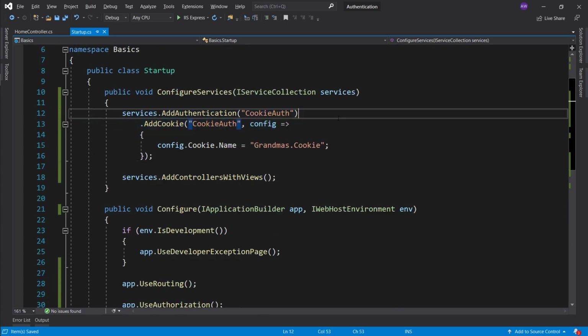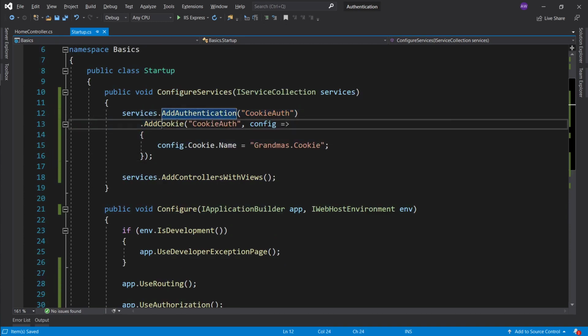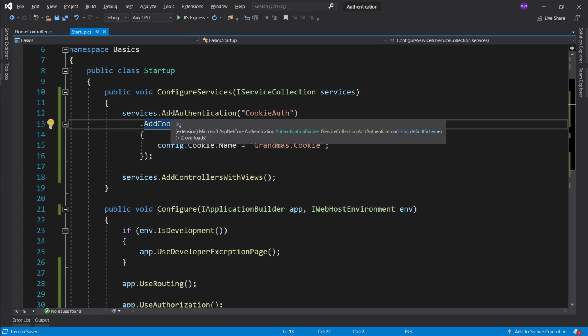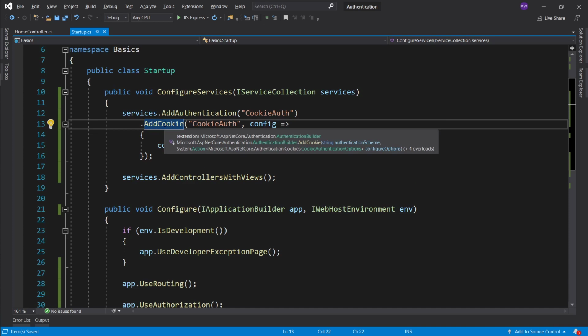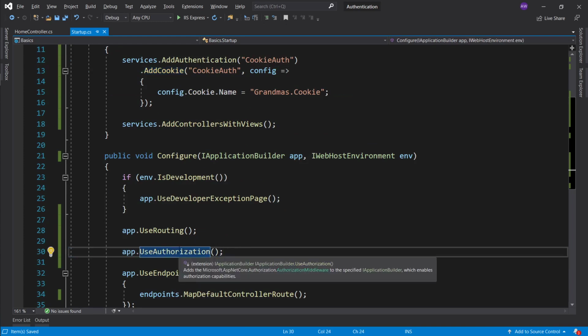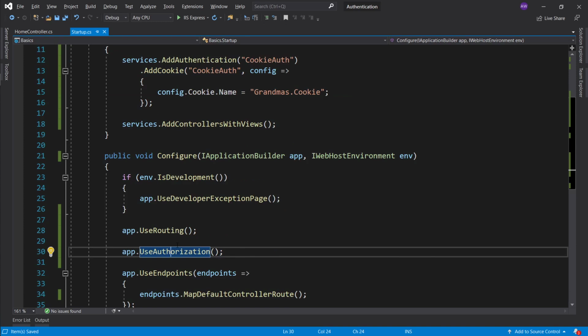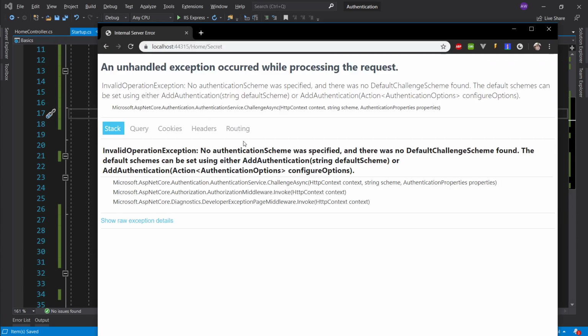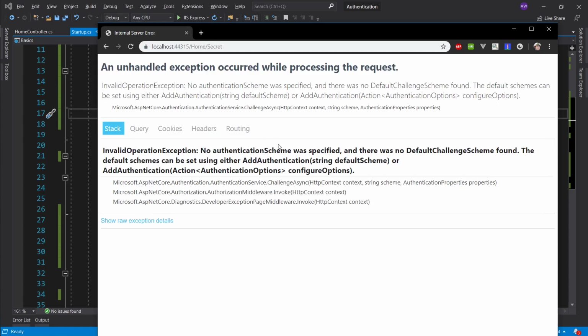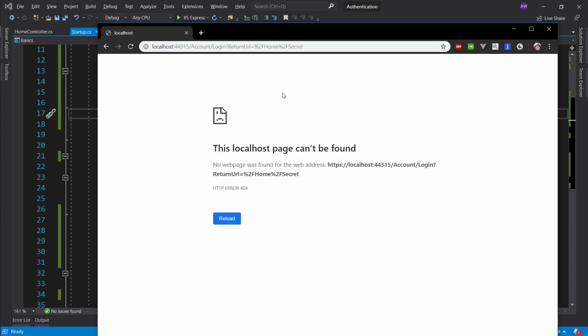So here what we're specifying is a cookie handler. So this is going to be producing an implementation of an authentication handler, and it's going to be a cookie handler. Okay, and that implementation is going to be injected into here, and now it will be able to check if you're authenticated or not. Okay, so let's see what we end up with. Let's refresh this. Okay, so now what it's doing is it's trying to redirect us to account/login, and this is